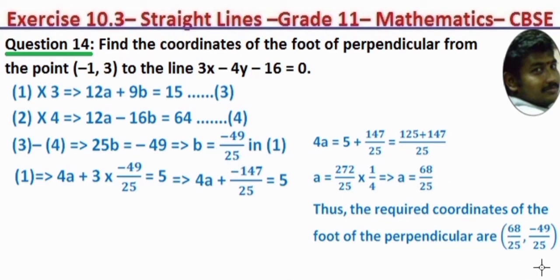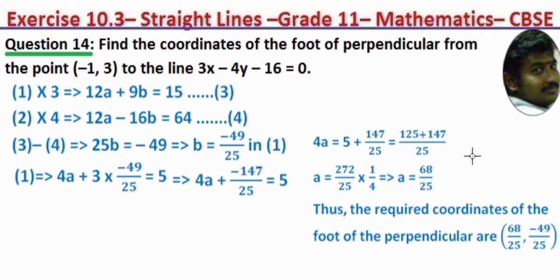Hope you understand how to solve such kind of problem. Here one point and the equation is given. By using this equation we are getting one slope. Then the foot of the point we are assigning A, B. By those two equations we are getting another slope. Then by using both we are getting two different equations. By simplifying those two equations we are getting the foot coordinates A and B. Okay, hope you understand how to solve this problem.